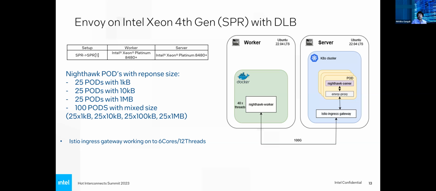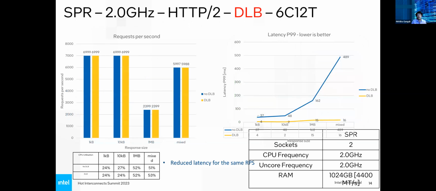For a deployment of 6-core, 12 threads, the Ingress gateway is right now using 6-core, 12 threads. We have a detailed benchmark around this, which we have open sourced, and you can take a look at that gateway, whole data point around scaling, of course, and other things. But for here, we'll just look at latency, and let's go to the next slide, and I'll explain how we do the latency. Okay. So here what you see